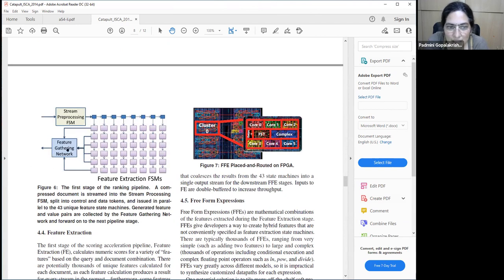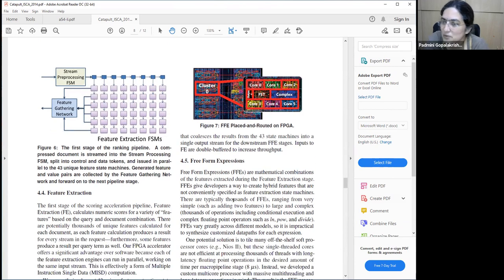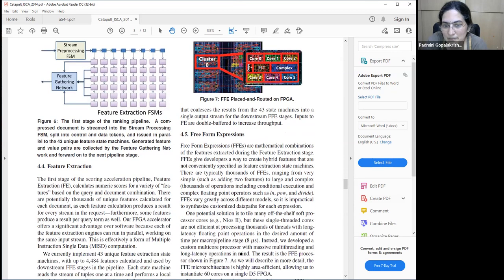And then finally, you have this network which takes all the results, gives a single output stream and takes care of it. And if you see, they have used double buffering here. So the inputs to the feature extractor are double buffered, and that is to increase throughput, as they have learned earlier in this course. Okay. Now we come to the actual overlay which is used here, and the overlay is used for calculating free-form expressions. Okay, so they talk in this paper about